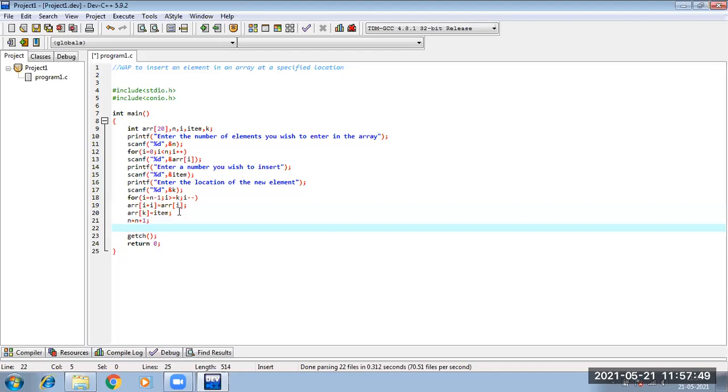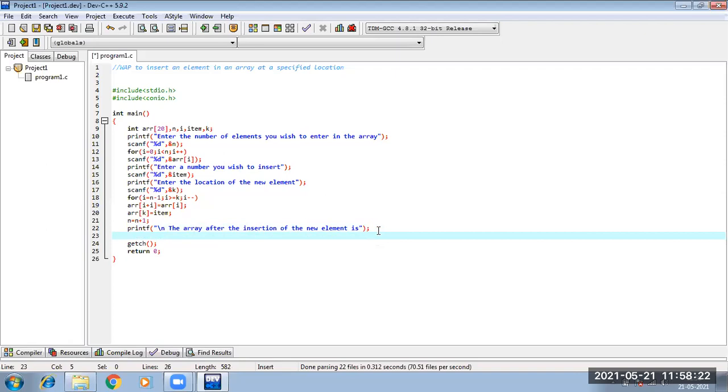Now we need to show. We need to see also. So let us give one printf statement where it says the array after the insertion of the new element is, something like that, let's see.